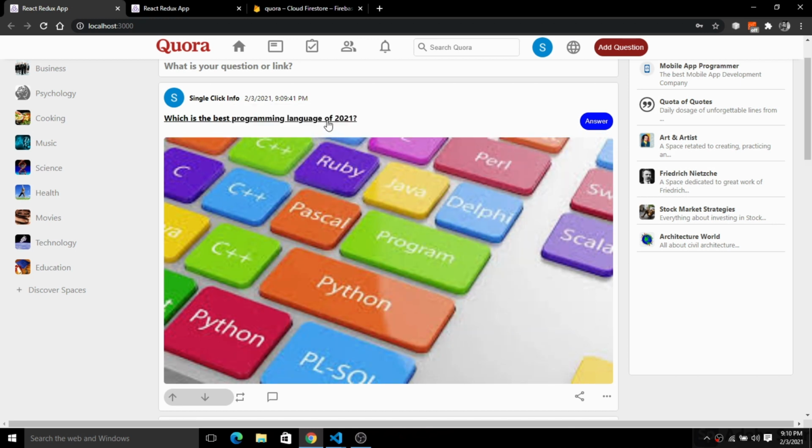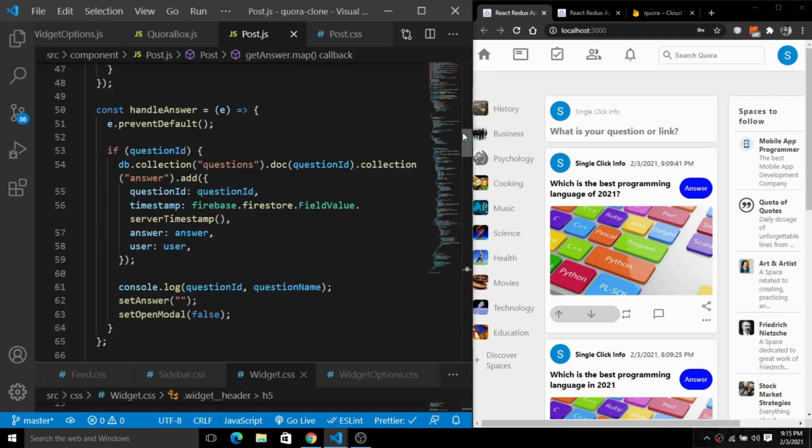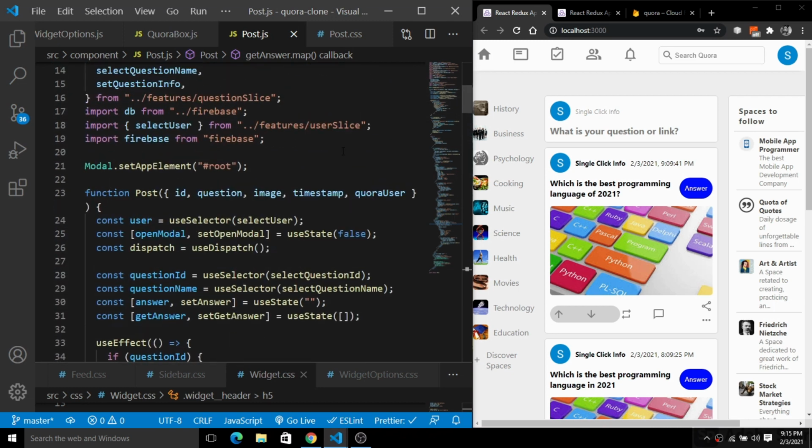When I click on this, you will see the answer will be shown here. Okay, so click on this. Okay, so I think there is a problem with the ID. It does not recognize the respective ID. So I'm going to simply check here; you guys can see we have the ID here.